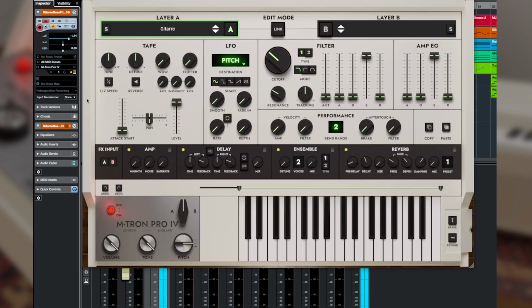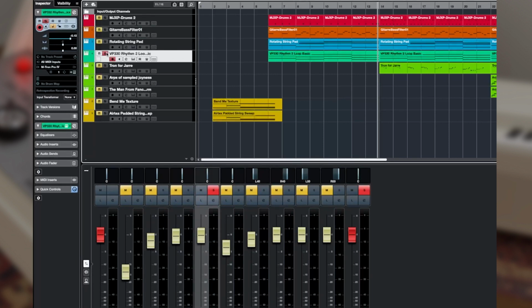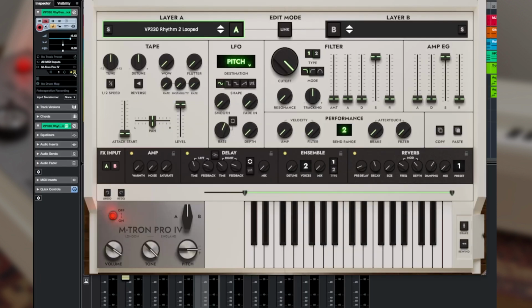Layer those two, that's a nice little sort of theme for the track there. And what we then have is a nice little rhythmic loop from a VP330, which this instrument lovely recreates, and you have this. And then if you layer it,